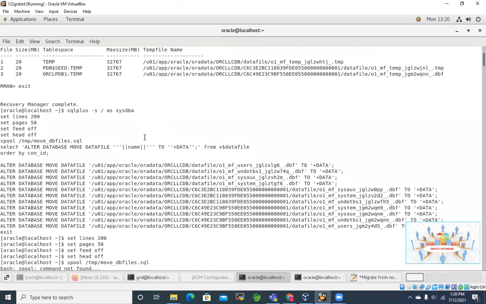So the next step is we need to generate this script, right? We can generate this script using SQL Plus -s, right? And you can see this here. We are going to put it under temp. This will be the file which is going to get generated. We are going to generate this command: alter database move data files, and the data file name to our newly created